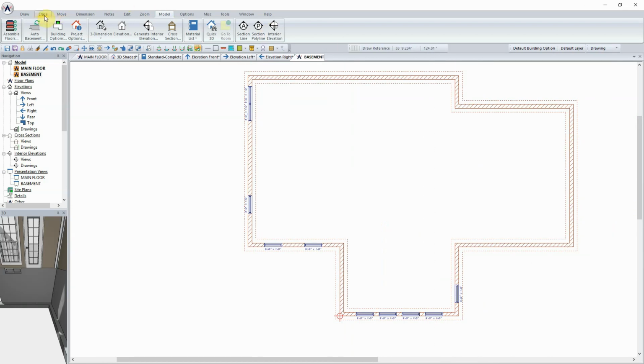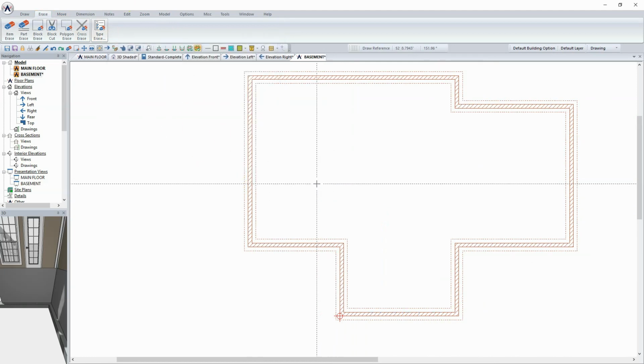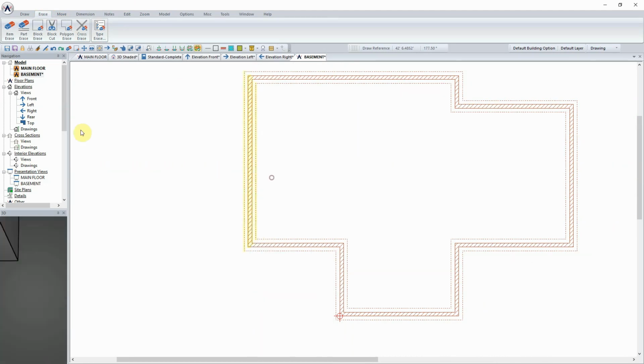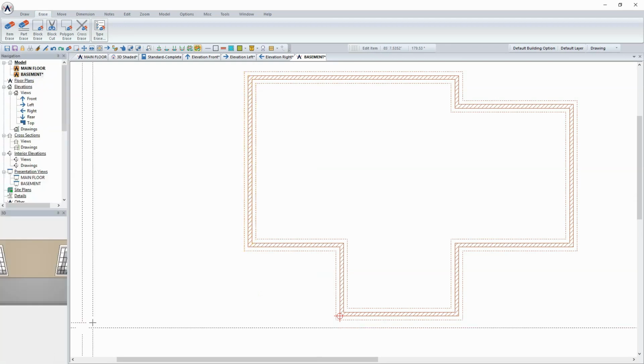In my case, I'm not interested in keeping them, so I'm just going to click on Erase and Type Erase and check the openings at this stage to take them out. Okay? These are my walls. If I click on Soft List, they're already not included in Soft List because it was made a copy from the main floor down here, and so all we did was convert the walls, and it carried over things like